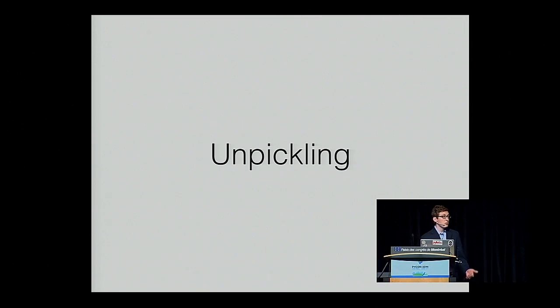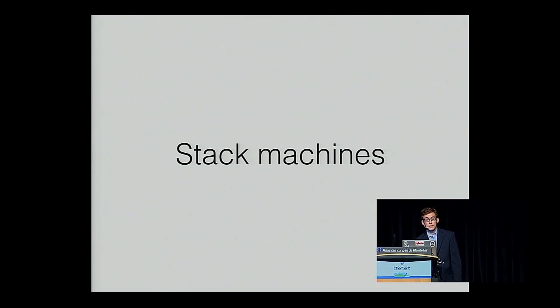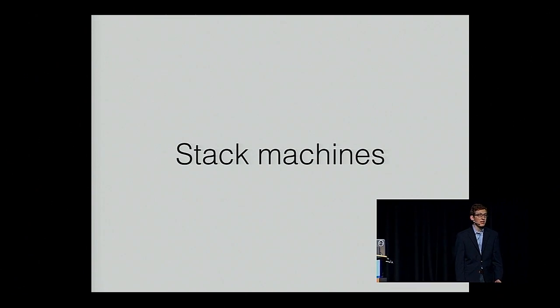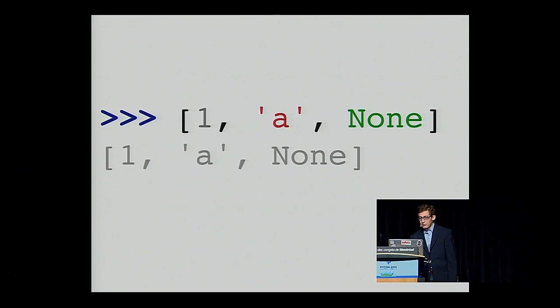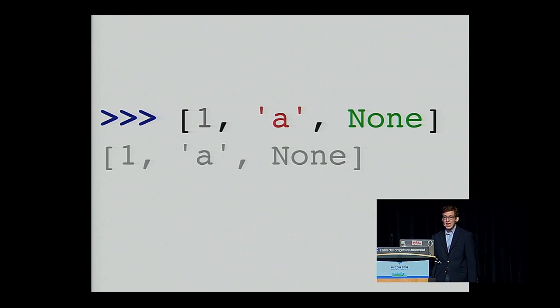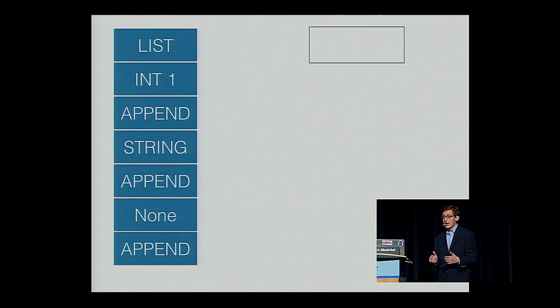Okay, so now we've sort of seen how we pickle things and what we get out of Pickle. We want to load stuff from Pickle. What does that look like? Pickle is a stack machine. And if you've ever looked at CPython's internals or the dis module, you might have seen a bit of what this looks like. Let's say we've got this object, again, 1, A, None. A stack machine essentially means that we have two arrays inside Pickle. We have the array of all the